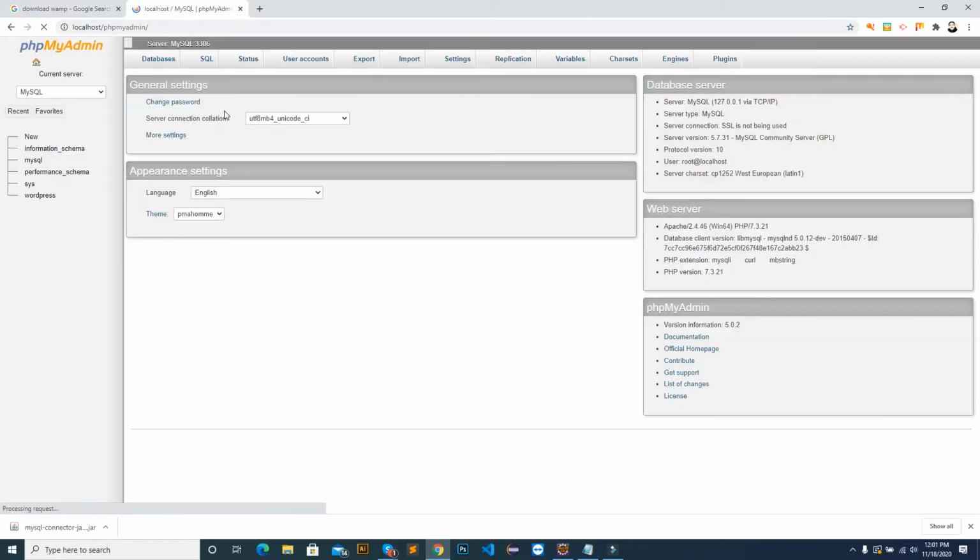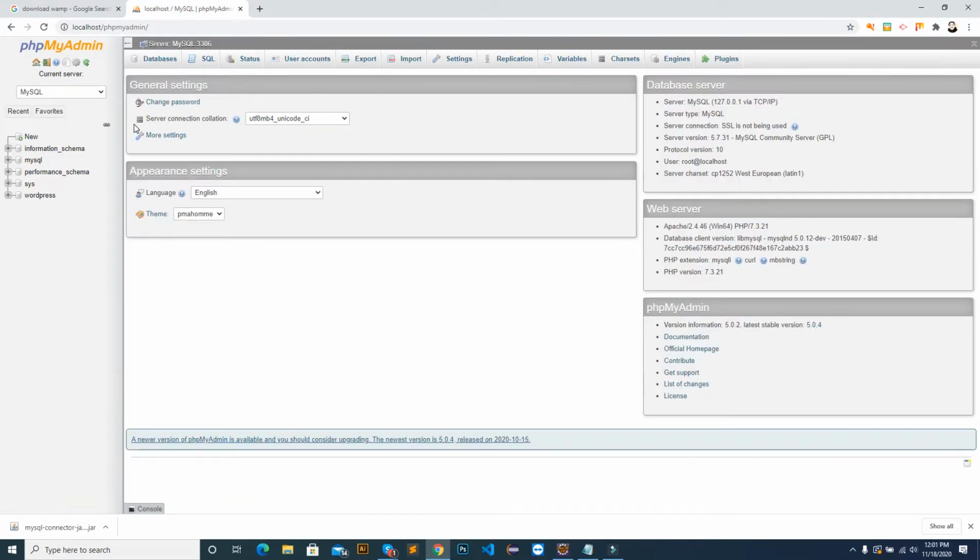If there is some password, use that password. If there is root and root has no password, don't enter any password and press OK, and then you will see this screen. Because I have already logged in, I see this interface directly, but before it you can see login information, root and password. Just press OK.